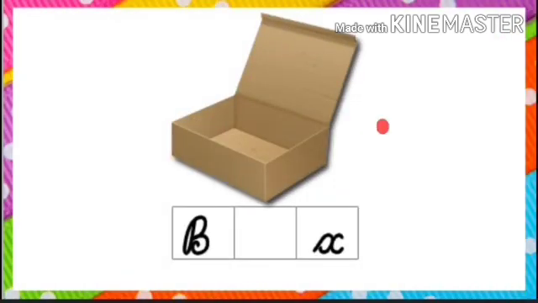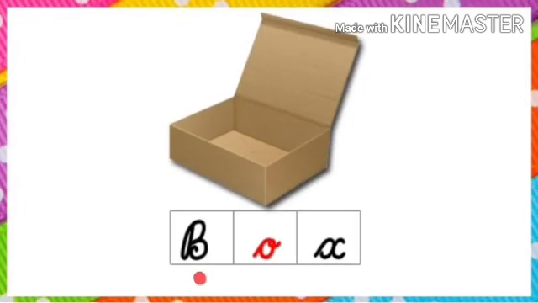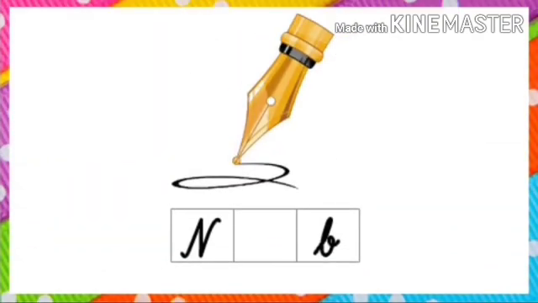Let's look at another word. Which picture is this? It's a picture of box. Sound of the word box. Okay. When the beginning sound is B, letter is B. Ending sound is X. Letter is X. What about the middle sound? Which sound is missing? O sound is missing. So fill the correct vowel and make the word complete. Box.